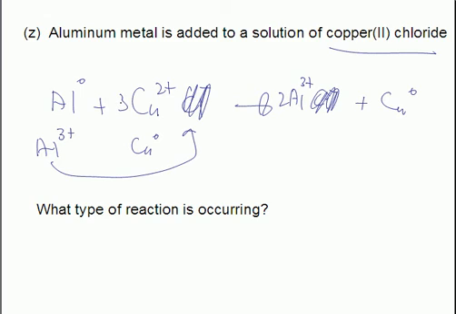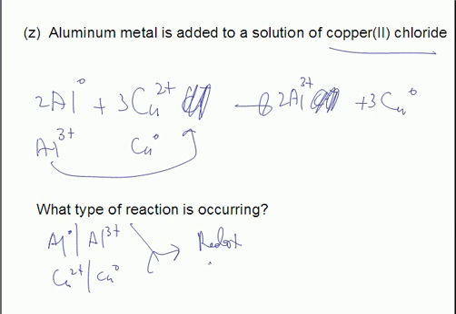I'm going to have to put a 3 there. Balance atoms, 3, 2. What type of reaction is occurring? Well, aluminum's going from 0 to aluminum 3+, and copper is going from 2+ to copper 0. So we know this could be a redox reaction. It also can be a single replacement reaction. Notice aluminum is kicking out copper. They seem to be calling this,